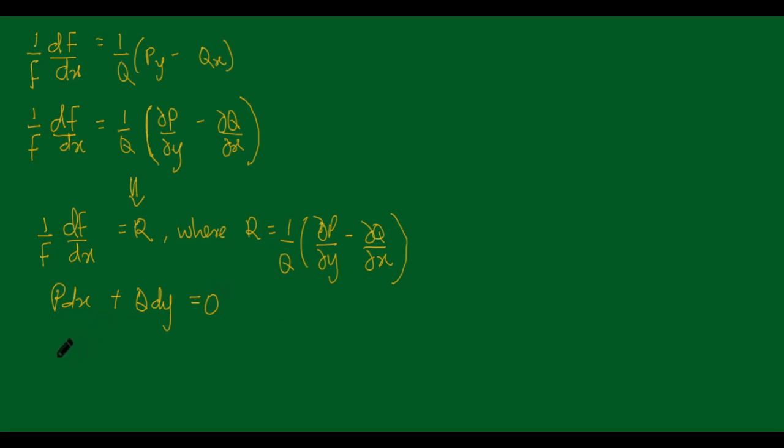So if this original equation is in such a way that on evaluating r, that is 1 over q, dp/dy minus dq/dx, we get a function of x only,